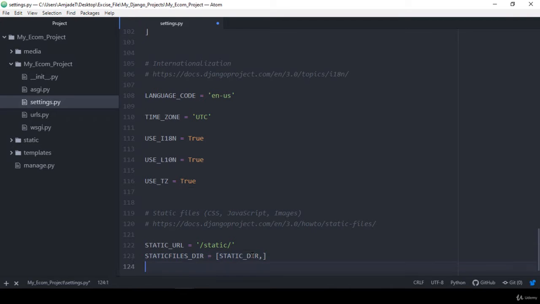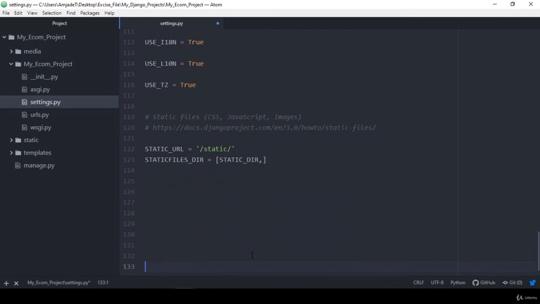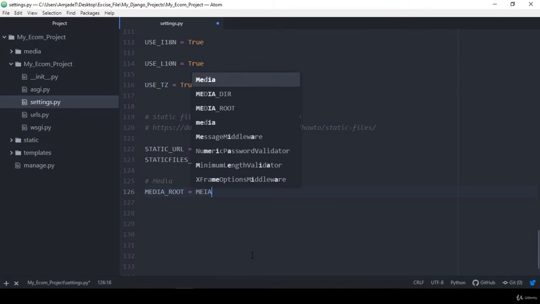Also for the media, here I also want to include our media. I want to put some notes for you. It should be media. And for the media, we have to define two things. One will be MEDIA_ROOT. So I simply define media and then underscore root. That will be our media root. Media root will be our media